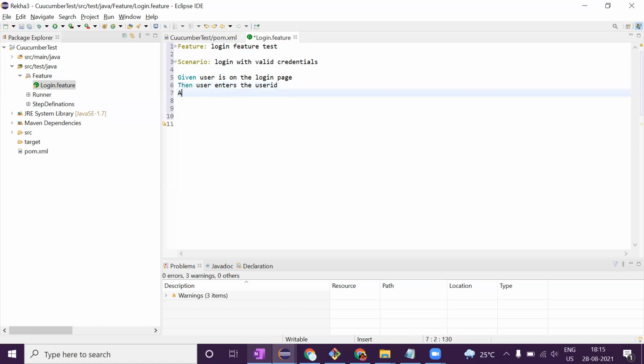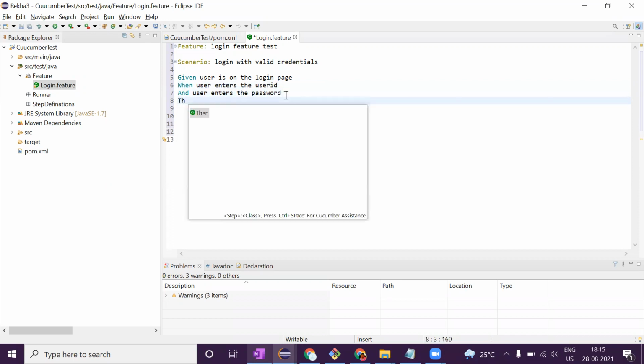When user enters the user ID, and user enters the password, then user clicks on the login button, and user is able to log in.